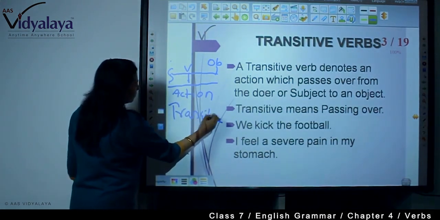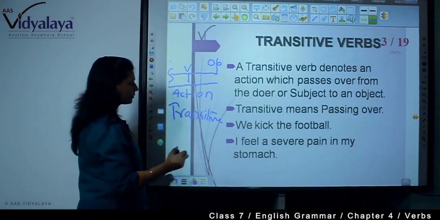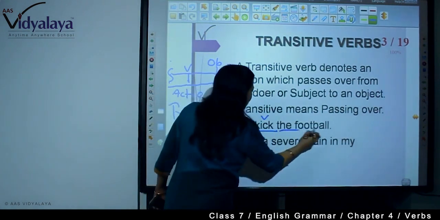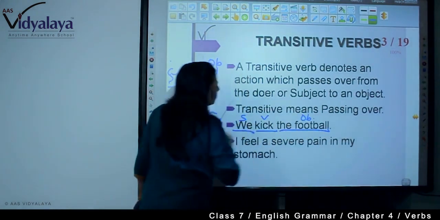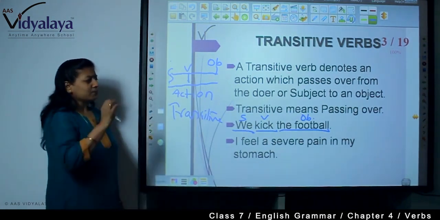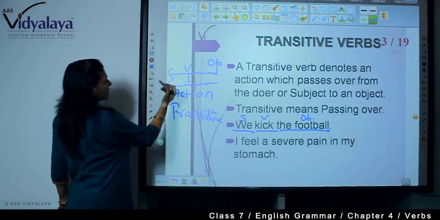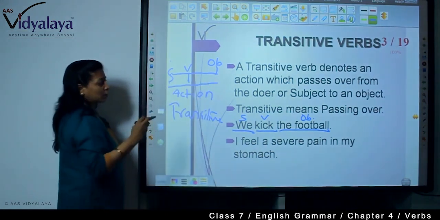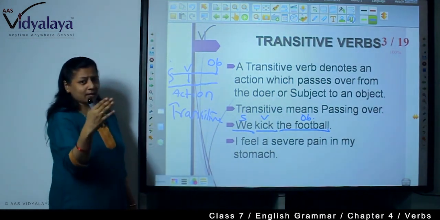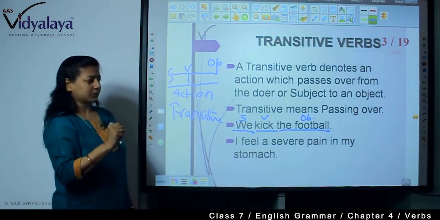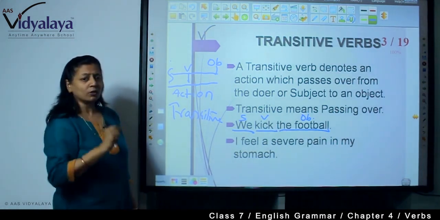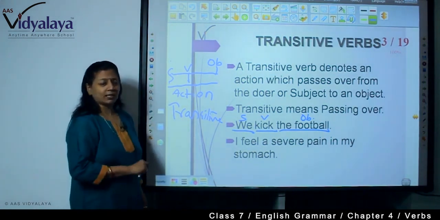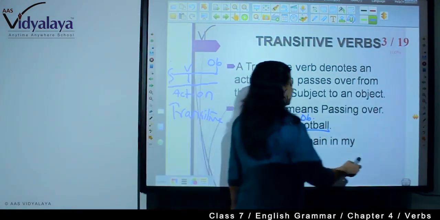Transitive verb. For example, we, subject, kick, verb, object, football. Transitive means passing over. See, subject we, verb kick, and object is football. So, the action is passing from the subject to the object. We kick the football. So, always remember to find the object. In a sentence, it's very easy to find the object. After the verb,